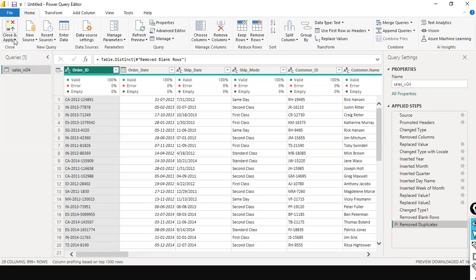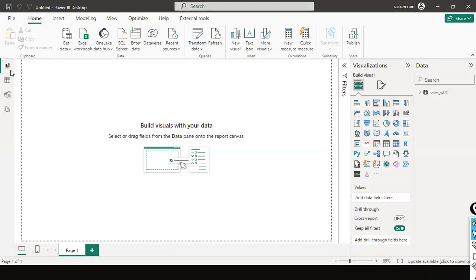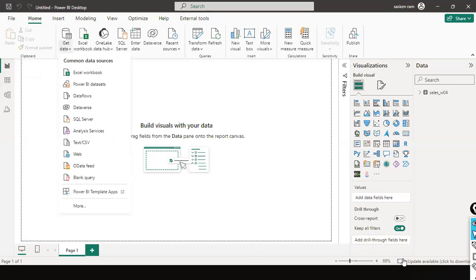I'm going to click on the Close and Apply ribbon, and I just close this. We are done. Okay. Next, what I will do is I'll just stop the